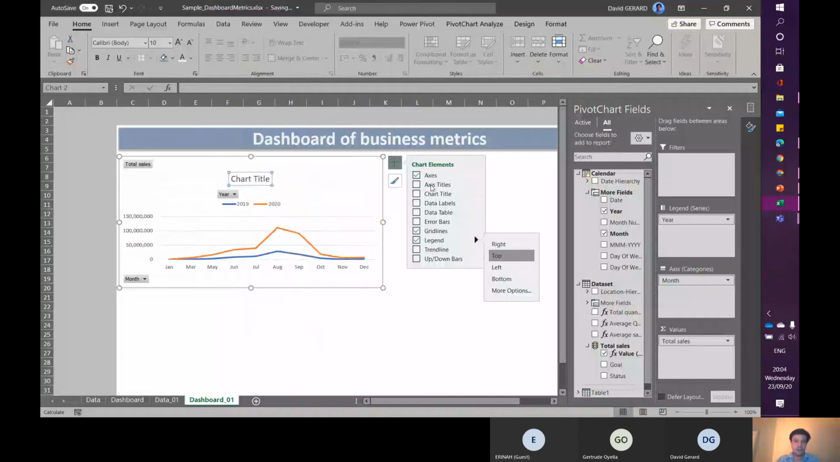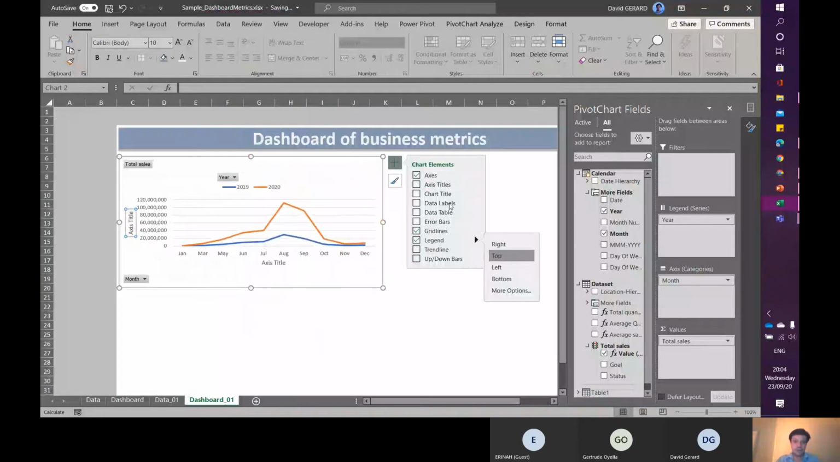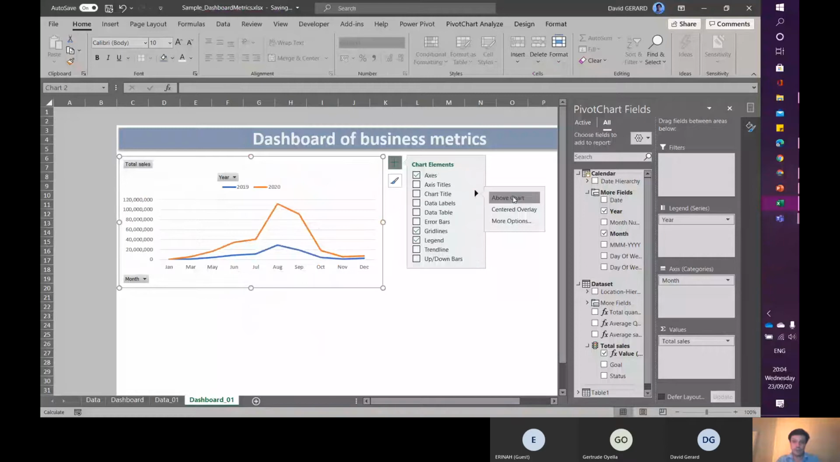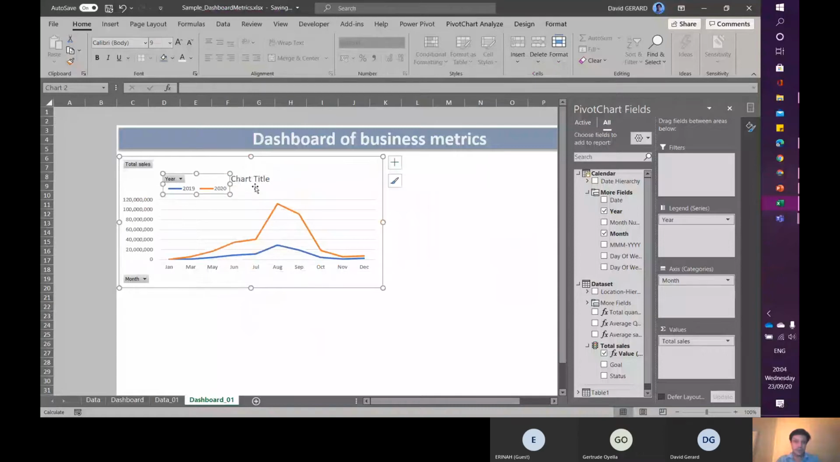Very good. Let's give it a title as well. So we want to add a chart title. Chart title is here and where do we want it? Above the chart. Okay. Centered overlay. Maybe centered overlay because we are going to actually move it a little bit. Okay, let's move this one and take this chart title up